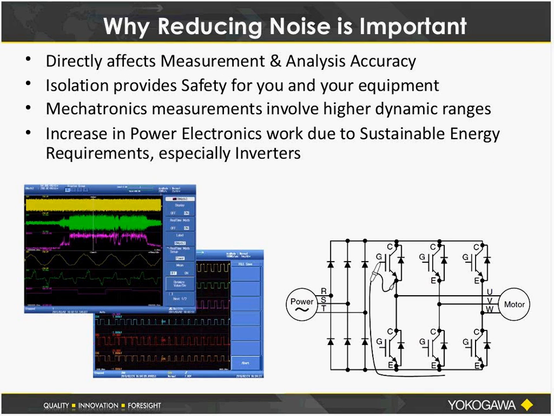We've talked about all these different noise sources. If you're here, obviously you care about it, but I just want to remind you why we think that reducing noise is very important. The number one reason is because it's going to affect your measurement accuracy. And indirectly, if you're doing any sort of analysis, it's going to affect that analysis accuracy. And everybody cares, especially on the R&D side, about getting the most accurate possible measurement. But in addition,